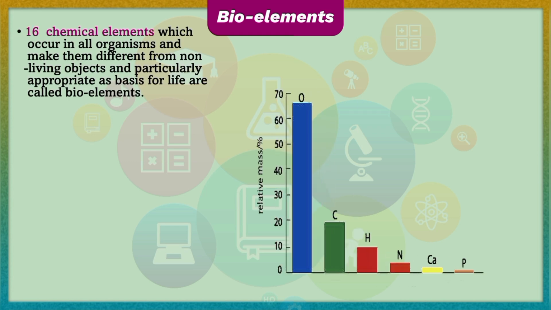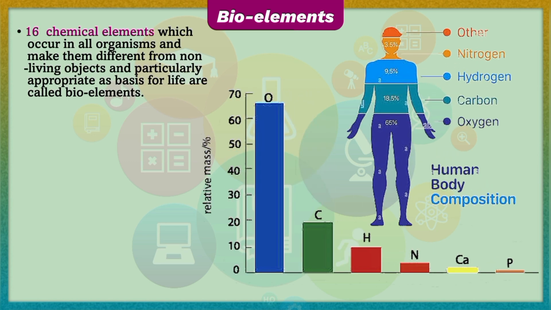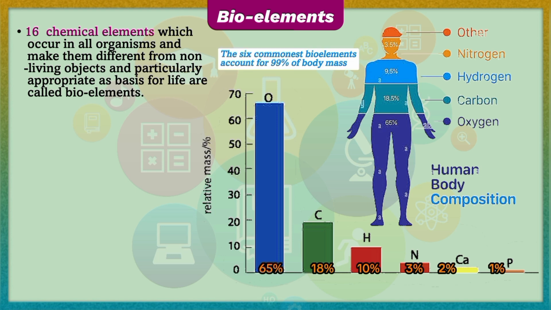16 chemical elements which occur in all organisms and make them different from non-living objects, and particularly appropriate as basis for life, are called bioelements. The 6 commonest bioelements account for 99% of body mass include oxygen 65%, carbon 18%, hydrogen 10%, nitrogen 3%, calcium 2%, phosphorus